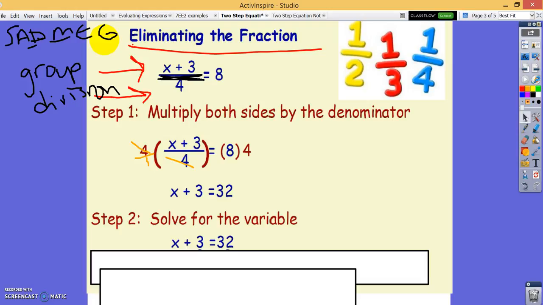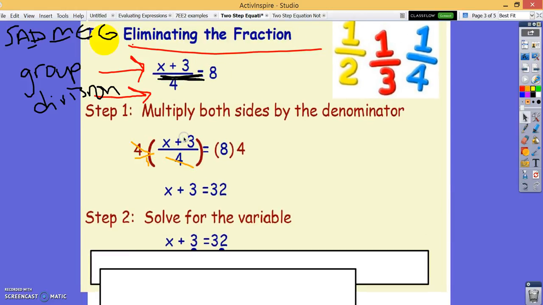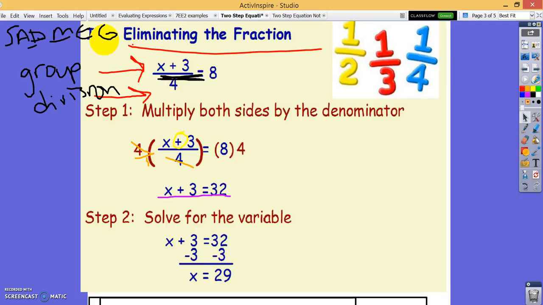So again, my first step was multiplying by 4 because this symbol in here isn't actually a plus. It's part of a grouping symbol, so we weren't going to get rid of that first. Okay, so now I'm left with just a one-step equation. X plus 3 equals 32, and I solve for the variable like I normally would. What I would do is subtract 3 from both sides, show that this cancels out,